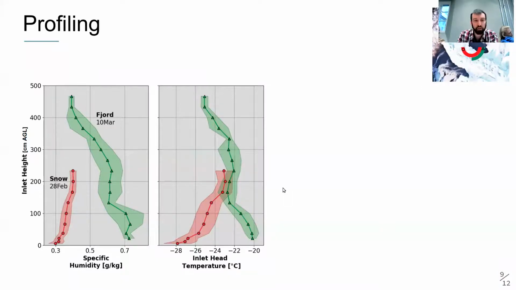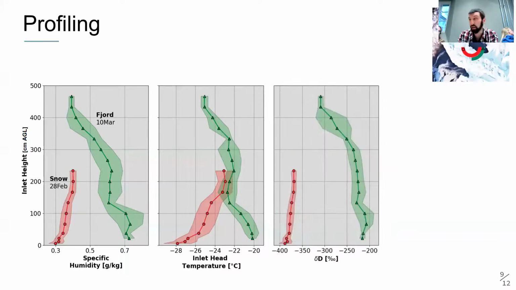So we can see that over the fjord, which is the green triangle line, we can see warm, moist air the closer we are to the surface of the water, whereas at the snow, the closer we get to the snowpack, we get cold and dry. Interestingly, when we look at the specific humidity, the upper levels of both the snow and the fjord have comparable humidity levels. However, when we look at the isotopic profile, it actually tells quite a different story,